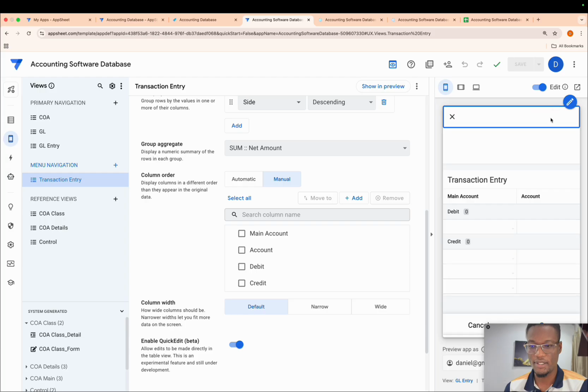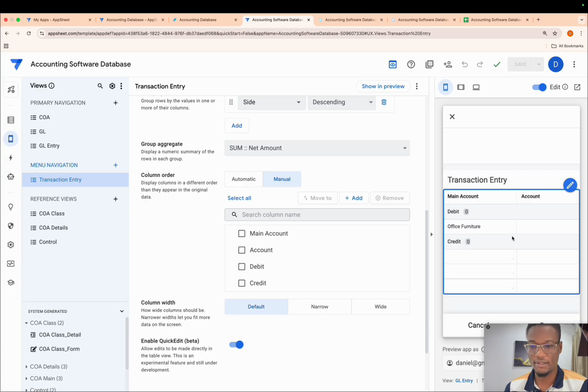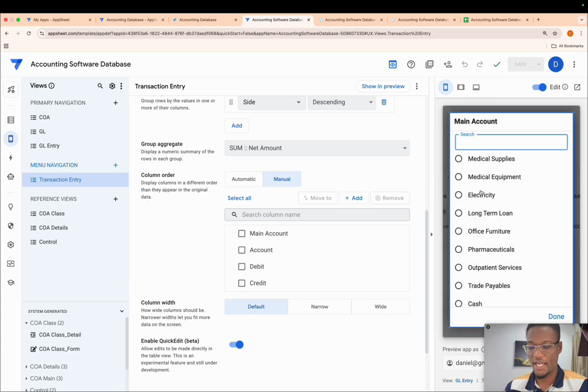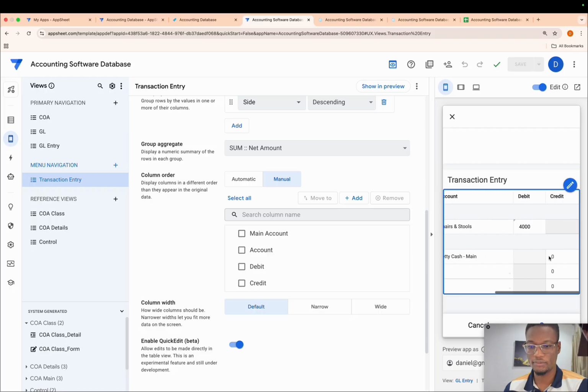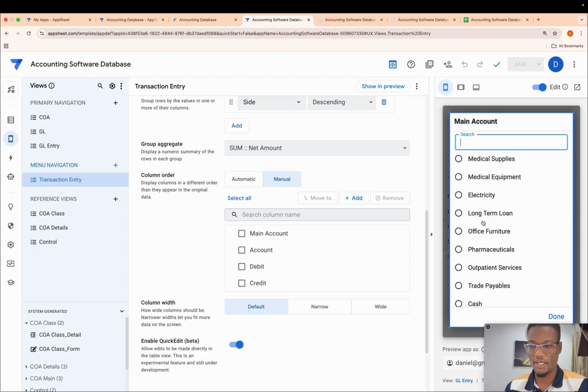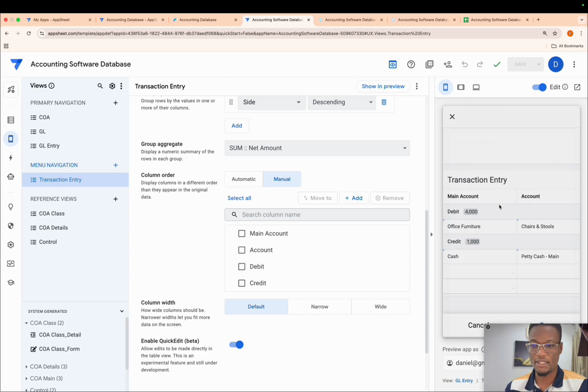When I click on this and I start selecting, and once I input a value over here, let's say 4,000, you see 4,000 pops up here. And then when I come here, everything that I enter here, so cash, let's say maybe petty cash, that's 1,000. So that's the first 1,000. I come here, I select maybe bank. I say that bank is also operating.